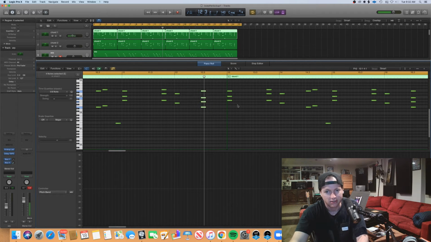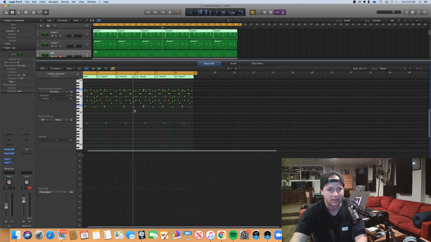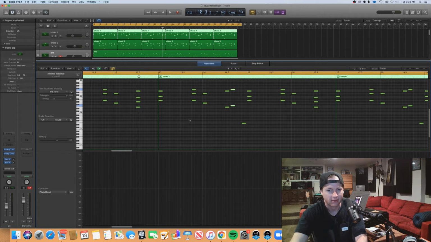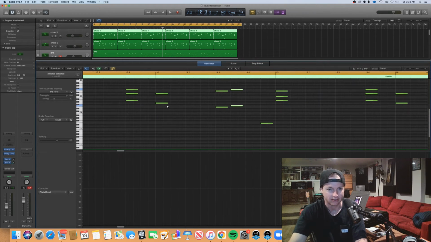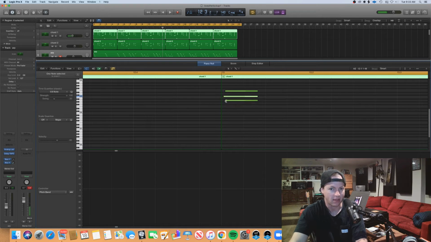So now you'll notice that not all of these are varied. Only the second eighth notes are varied, right? So I could go in and let's do some custom. So this one, I can move there. Now, if you're playing the piano, your fingers aren't actually going to hit the notes at the identical same time. So you can do that, and that's also instantly going to help your mix.